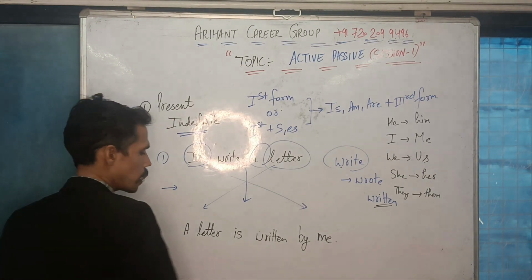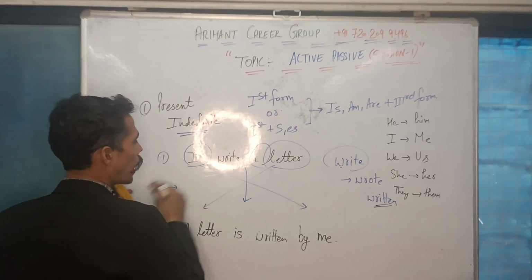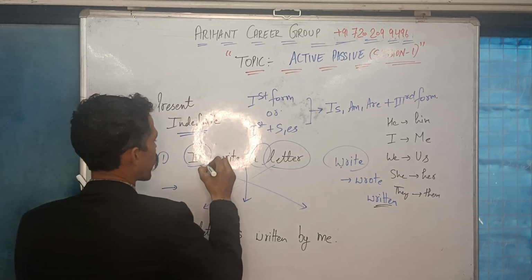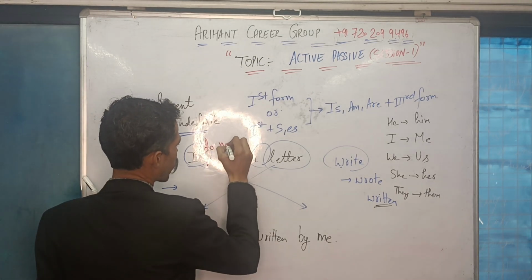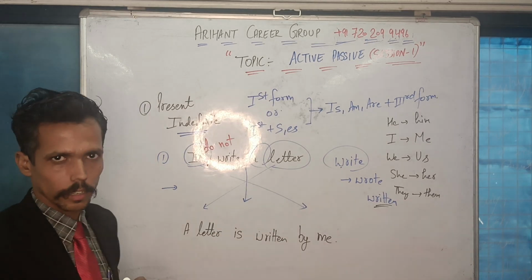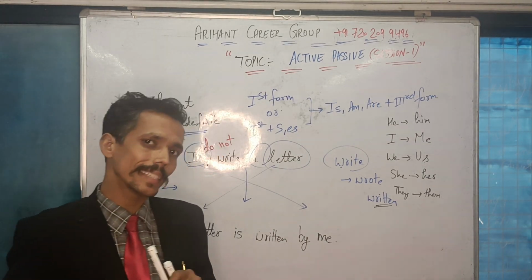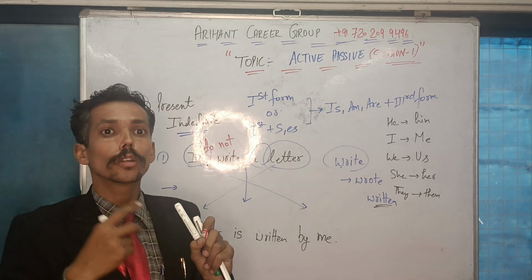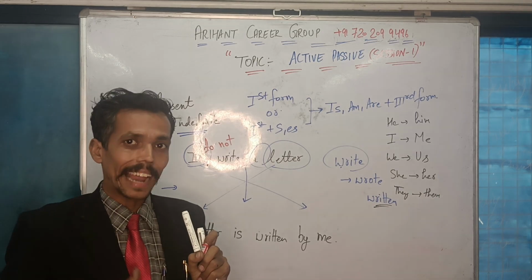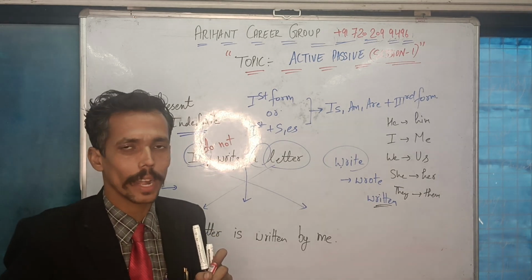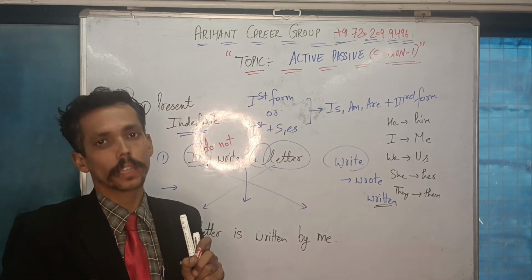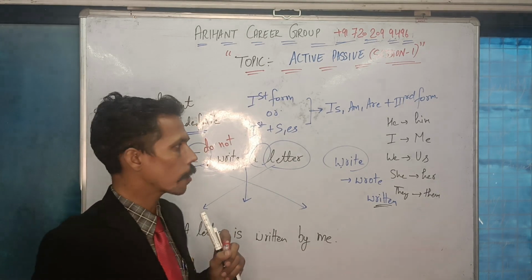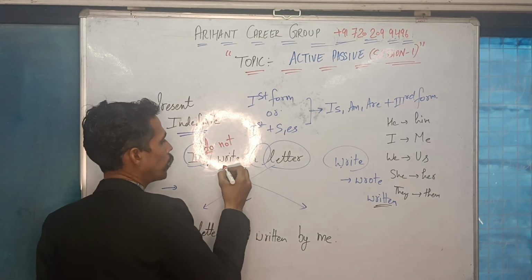Now if I give you a negative sentence, let us see. I do not write a letter. If in a case you find two verbs in the same sentence, please note down this rule. The first verb will help you to identify which rule is applicable, and the second verb is actually the core verb, or I can say the main verb. When you're writing a third form, then you're supposed to convert the main verb into the third form. That's very important.